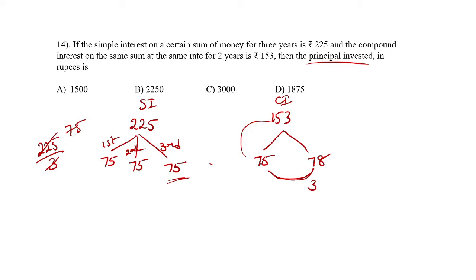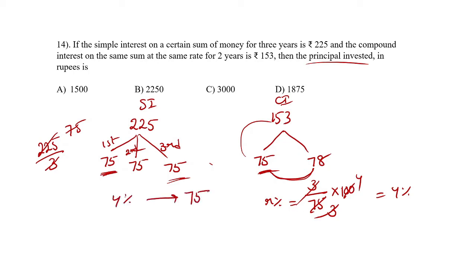What is the difference between these two? 3. The value is increased by 3 from 75. So to find the rate of interest, R percentage, 3 by 75, because this is the initial value. From 75 we got 78 for the next year. So 3 by 75 into 100. Then 25 cancelled 3 times here and 4 times here. 3 and 3 get cancelled. Now R percentage is 4 percentage. What is the simple interest value here? 75. The rate of interest is 4 percentage. So for 4 percentage, the interest value is 75.